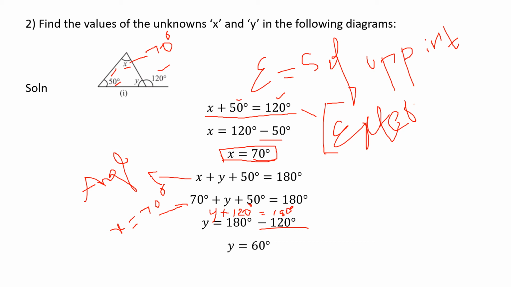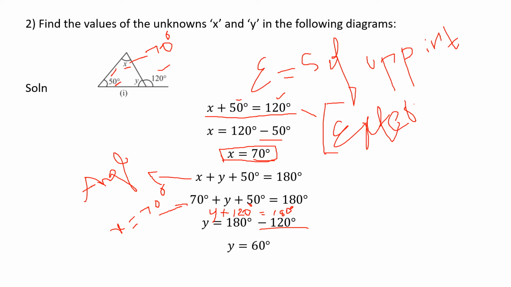Okay, so if both the angles are x, we can write x plus x, 2x, we can calculate. We have done already, right? But here they have given one angle is x, other angle is y. That means the two angles are different. The two angles are not same. That's why they have mentioned it as x and y.